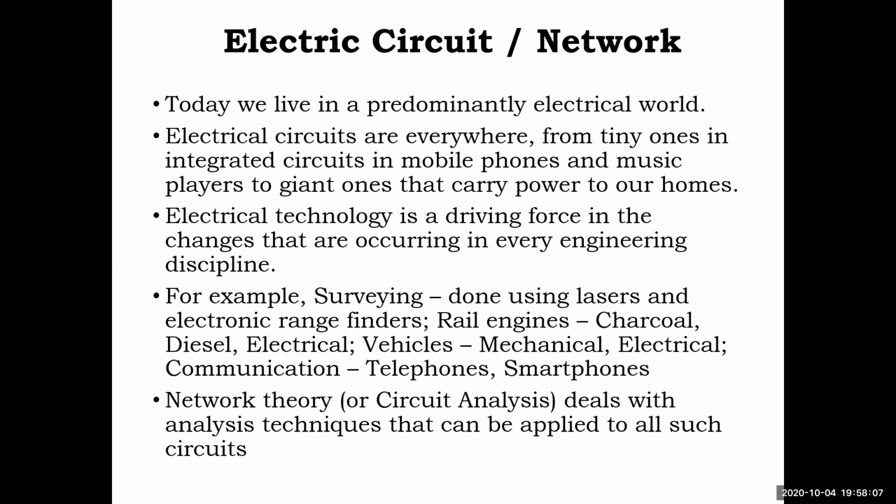Rail engines: earlier charcoal was used as a fuel, then diesel. Presently diesel is running, and it is slowly converting into electrical now. So electrical is the beginning step. Even if you go through Konkan railway, near Bhatkal station, you will see that electrical poles are put over. In another year, it is going to begin with electrical rail engines, and in another 5 to 10 years the complete India. So it is becoming electric. See the potential of electrical here.